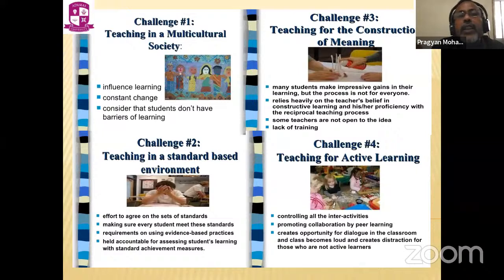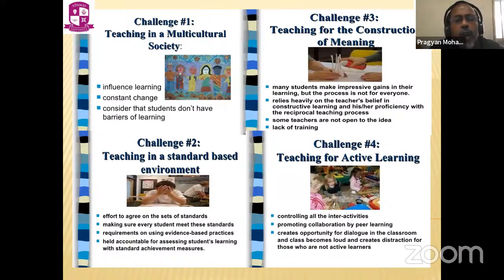Number one, teaching in a multicultural society. The students come from different cultural environments, and there are lots of limitations in the different cultural environments which create a conflict in the learning environment, and it becomes difficult for the teacher to overcome this. So automatically a barrier to learning is developed. Okay. Second,